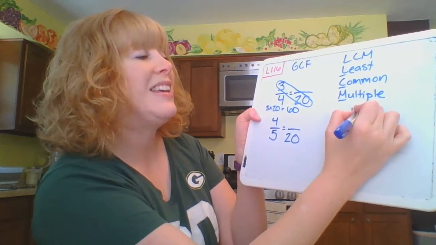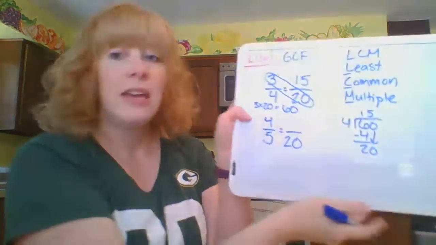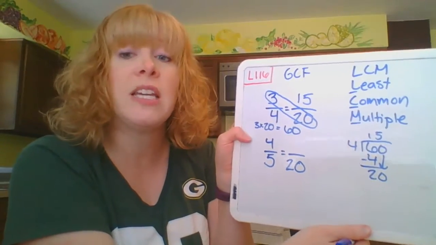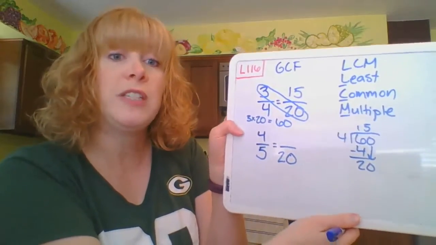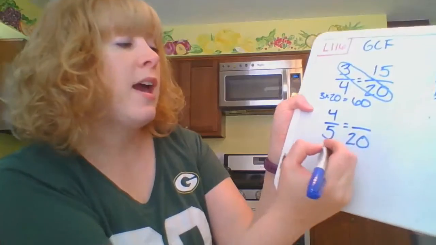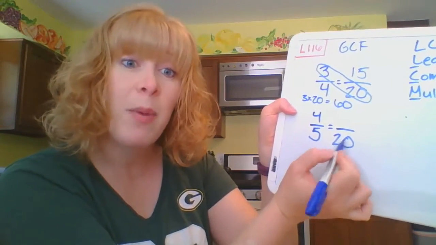4 can go into 20 5 times. So 15 is my numerator in my unknown fraction. 3/4 is equivalent to 15/20. Now, another way that you can do this, once you figure out what that least common multiple is, once you know what the lowest common denominator is, what you're looking for,